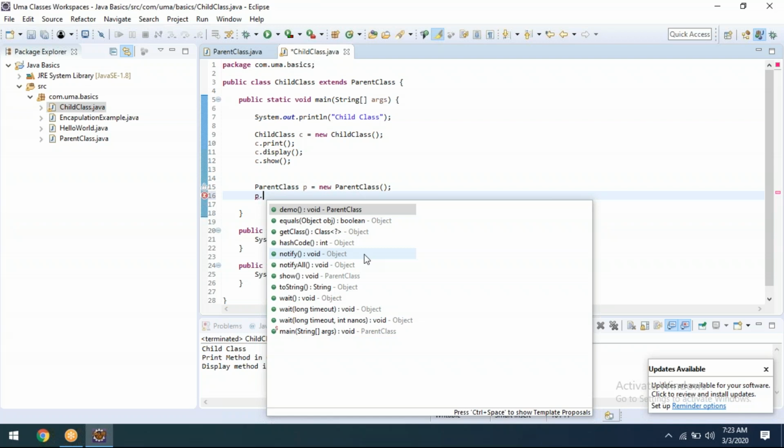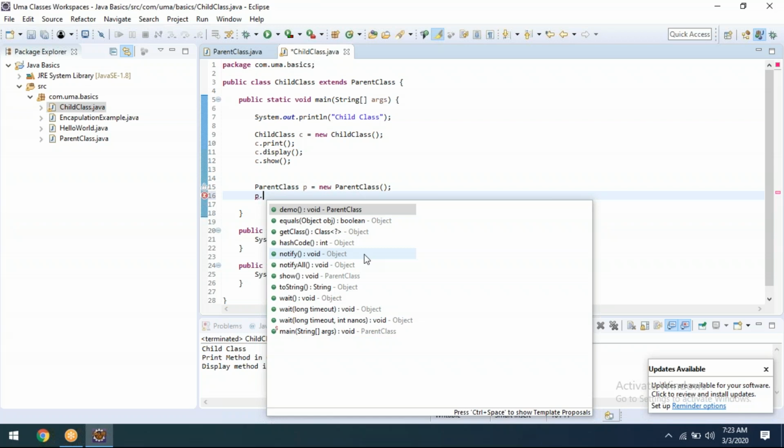For the same class, meaning the parent class here, we are going to create an object in another class. You are getting my point? Then see, now a minimum number of methods only will come, and all the methods of the parent class won't come. Clone and finalize won't come.